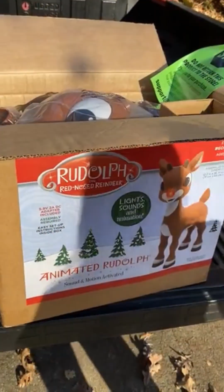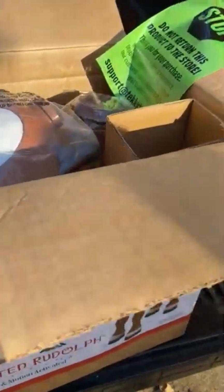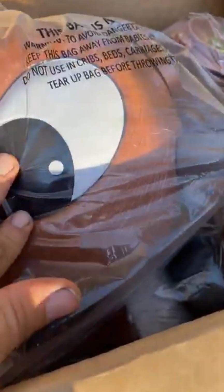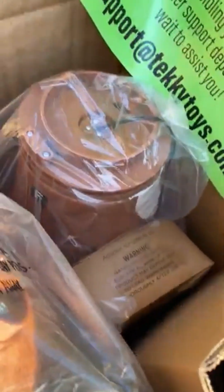Be right back. And as always, we like to give you guys an idea of what you're going to get into when you first open the box. So when you open it up, this is what you see. Basically his head, his big eye there. You get kind of like the neck here. Then we have a giant...